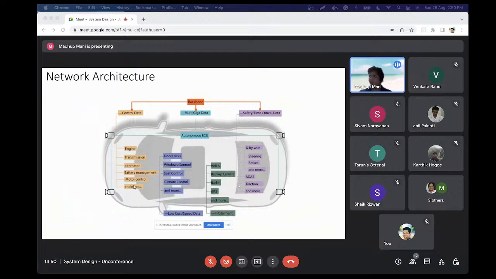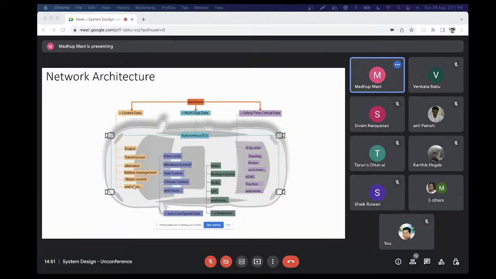Now we have lots of ECUs. Inside a vehicle we can say there will be more than 70 to 100 ECU parts. Communication from one ECU to a different ECU will take lots of time if they are all combined on one network connectivity. So what happened is the vehicle has been defined